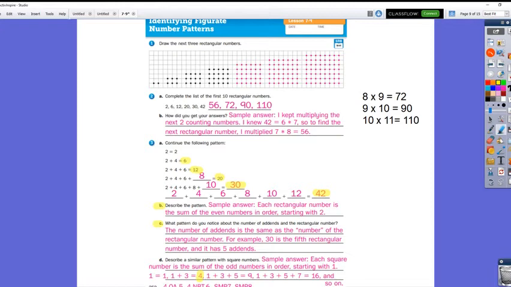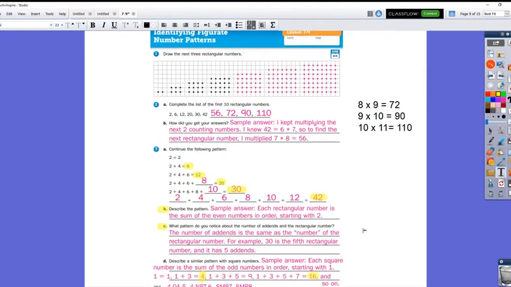And then they add 1, 3, 5, and 7, and they get 16. And so they just add on the next odd number to get the next square number. So 1, 3, 5, 7 equals 16. And so on. So what I could do then to get the next square number, if I follow the same pattern,